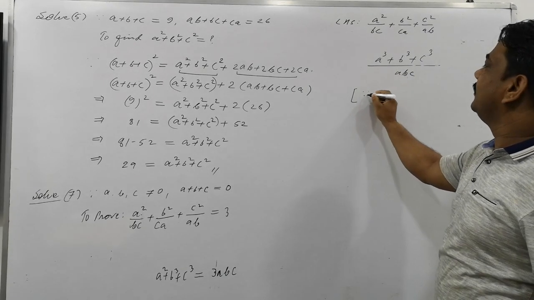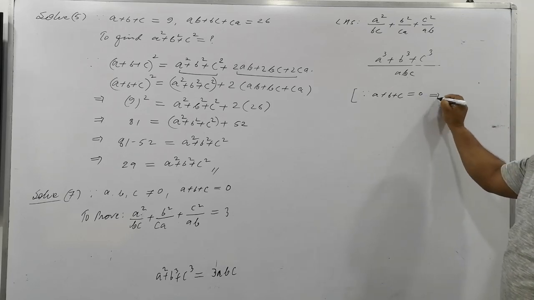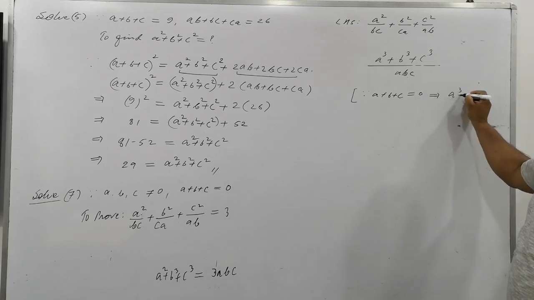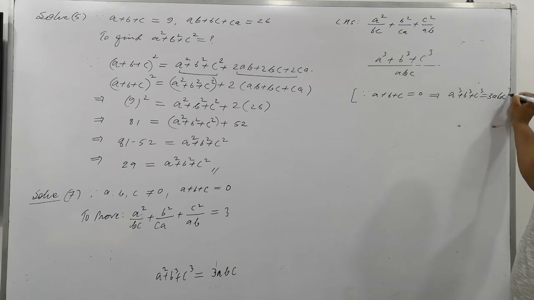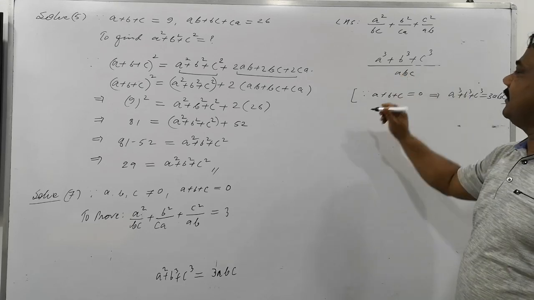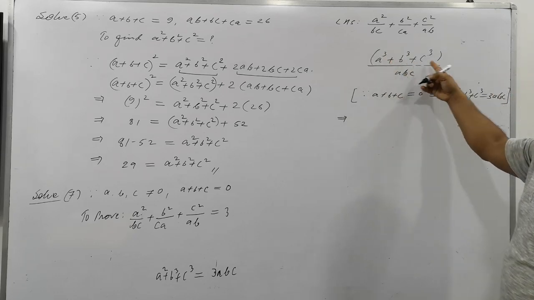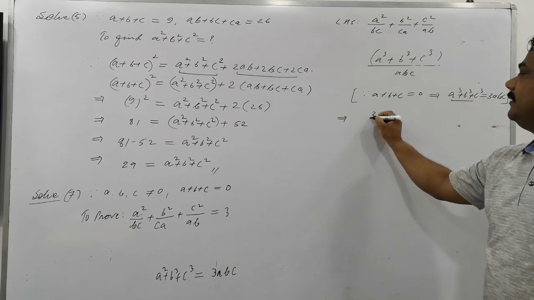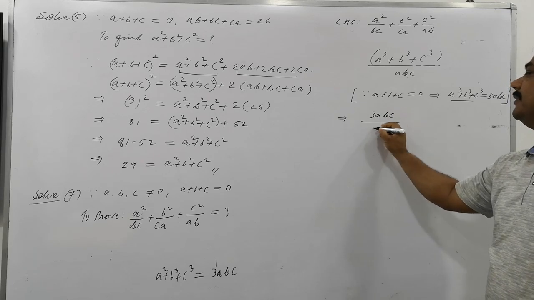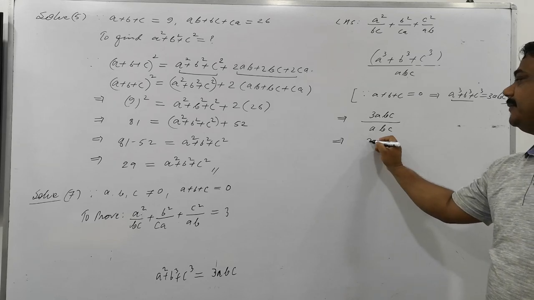So we can just write here, you can give the argument: since A plus B plus C is equal to 0, what relationship can be used here? Therefore, their cube sum can be written as 3ABC. Clear? So in this place, their cube sum, A cube, B cube, C cube, in place of that, 3ABC is to be written here. And here is also ABC. Can you solve this expression here? ABC, ABC. Is that clear?